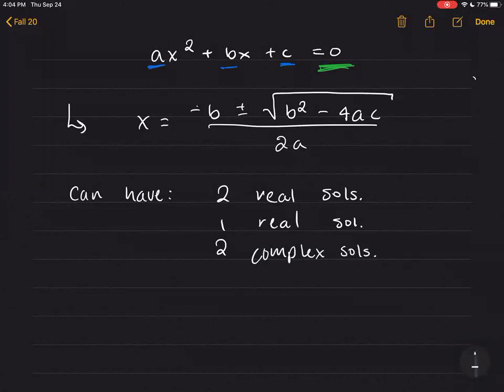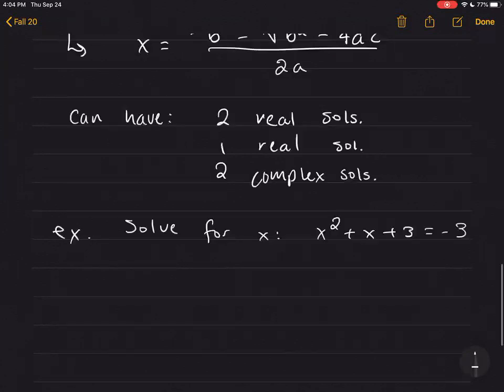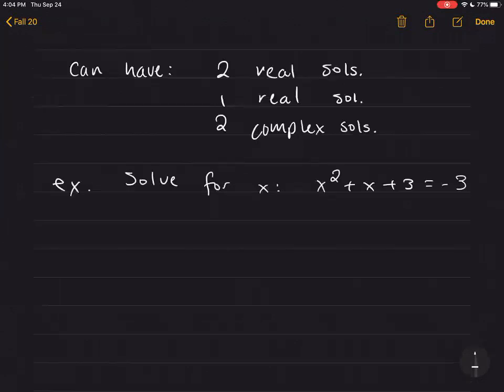So for example, let's say we wanted to solve for x for this quadratic: x squared plus x plus 3 equals negative 3. This time, remember, we need to make it equal to 0, so we're going to do x squared plus x